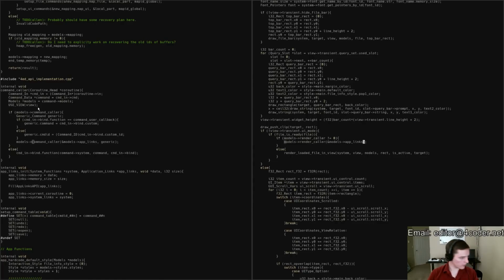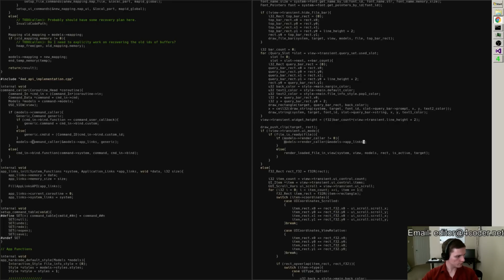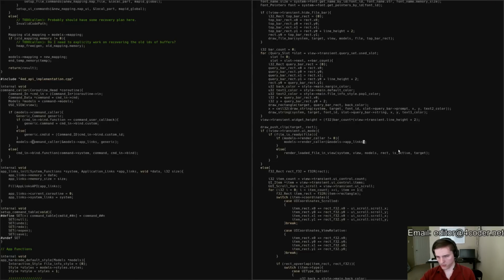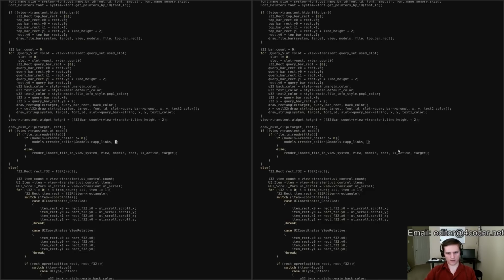App links. And then we want the view ID. We get that by taking the view that we've got right here, going to its persistent block, taking the ID and adding 1, because the IDs that are internal are 0-based, and the IDs that are external are 1-based. And then